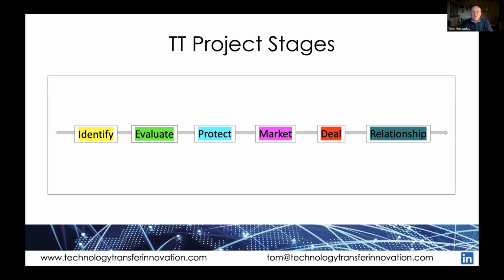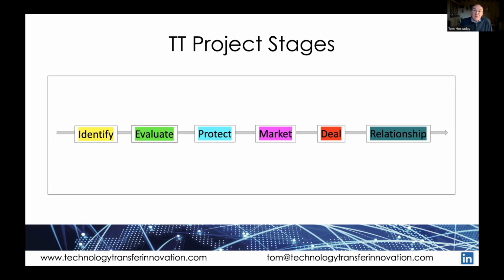So those are the sort of outcomes, but how does it happen? The basics of how you go about managing a particular project. I break this down into these stages of identifying. So working with researchers to identify potential projects, the outputs of research, evaluating them in terms of, is there some commercial potential,